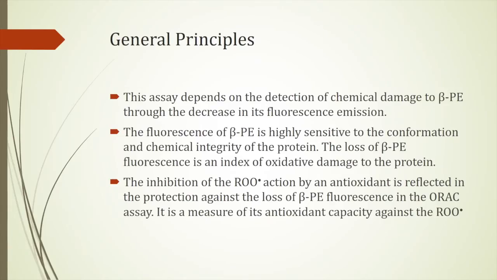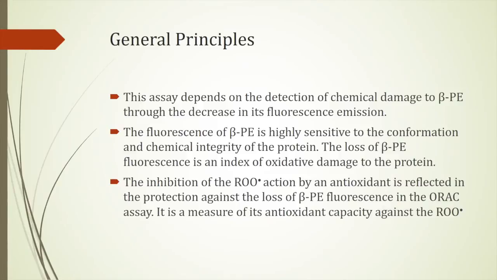This assay measures the antioxidant capacity by measuring the ability of an antioxidant to minimize the damage done to the probe by free radicals, which is reflected in the integrity of fluorescence emission. Now, in simpler words, the fluorescence emission of beta-phycoerythrin is highly sensitive to the conformation and chemical integrity of the molecule. So a loss in the fluorescence would mean that the probe has been damaged. On the other hand, a decrease in the loss of fluorescence in the presence of an antioxidant would mean that there has been a decrease in the damage to the probe, and this gives us a measure of the antioxidant